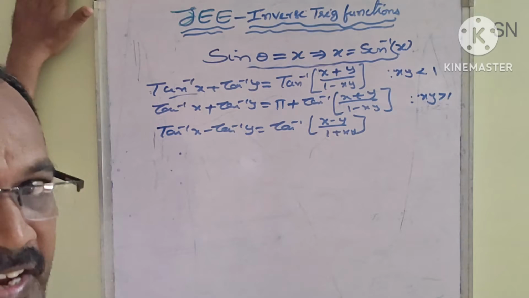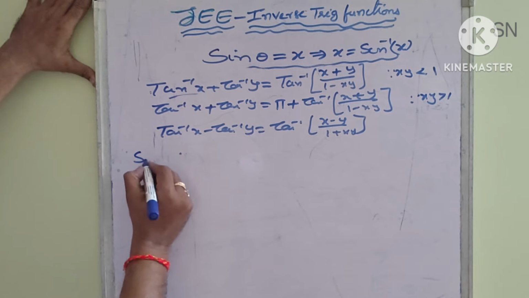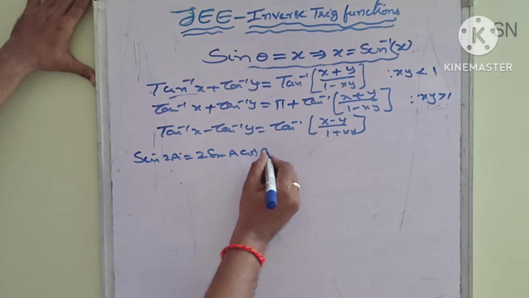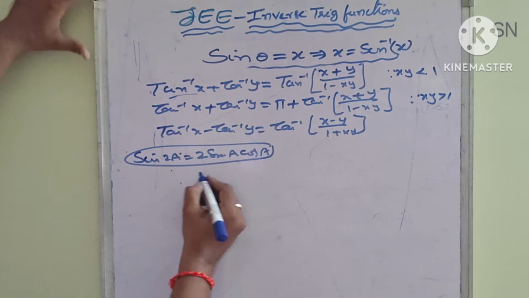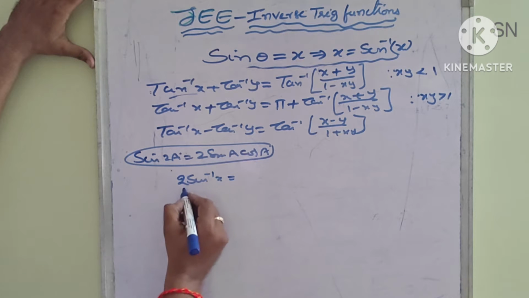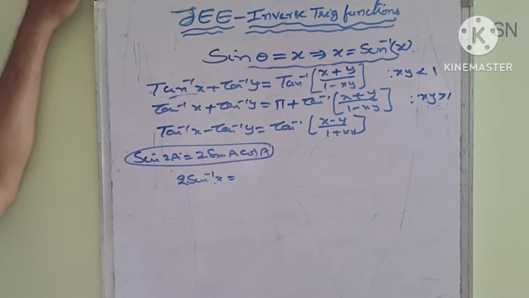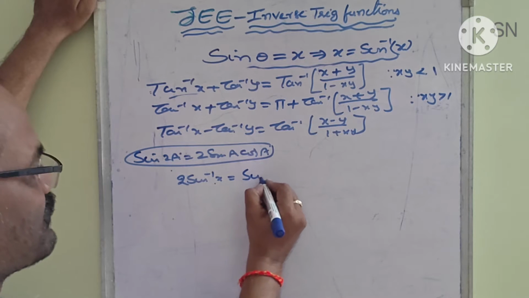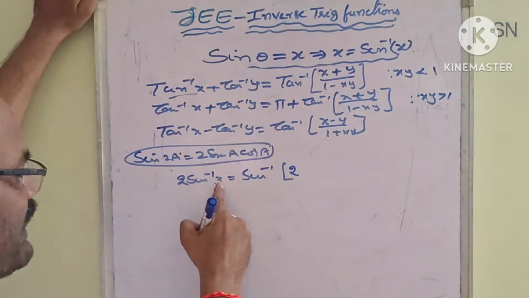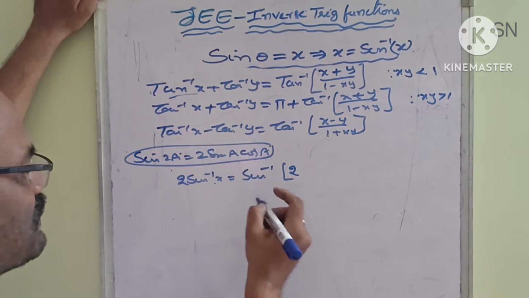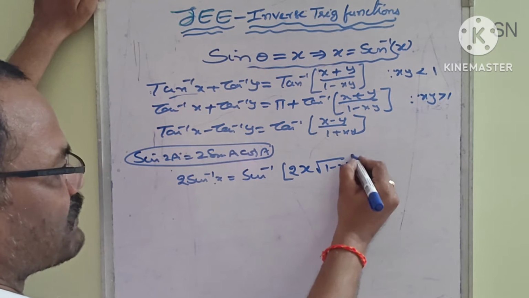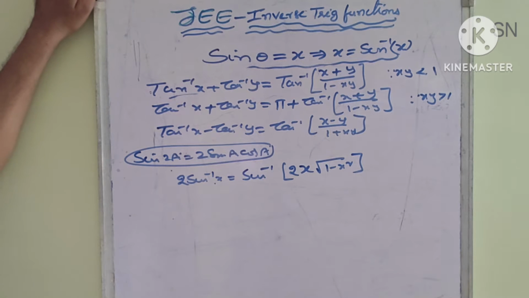Now sin 2a, cos 2a, tan 2a formulas. Now the sin 2a formula, we know, is 2 sin a cos a. So in this formula, to convert to inverse trigonometric functions, 2 sin inverse x and sin 2a are the same. So sin inverse of 2 sin a cos a. So sin inverse x is equal to a, then x is equal to sin a, that means x, and cos a is root over 1 minus x square. So this is the formula for 2 sin inverse x.